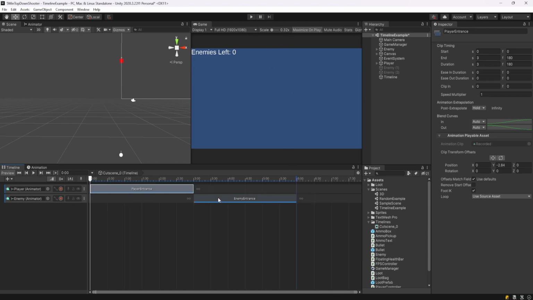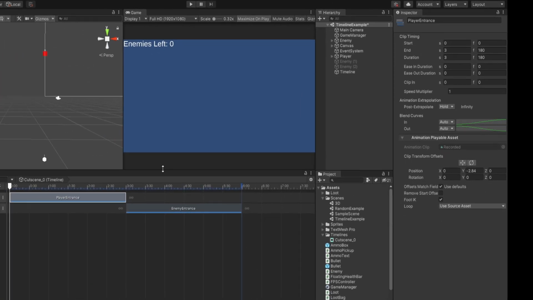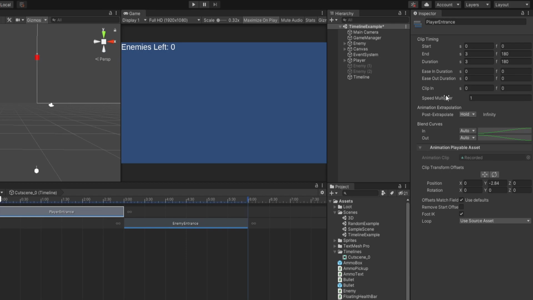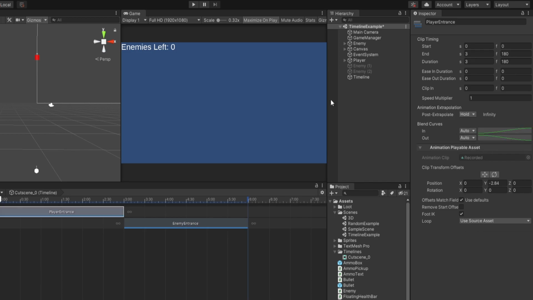So now this is definitely worth noting. If we select either of our clip tracks here, and we look at our inspector, we have a whole ton of properties we can now fine-tune, including the duration of the clips themselves, which you can also do by just clicking and dragging on the timeline itself. But you have other things too, like the speed multiplier, whether you want the animations to hold after they finish, or loop, or reverse. You'll notice on the player entrance, since it happens at start, there's no pre-extrapolate, but